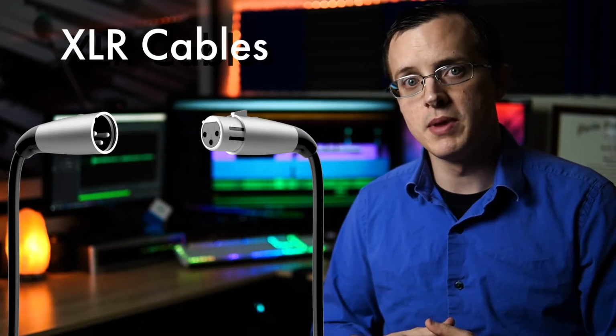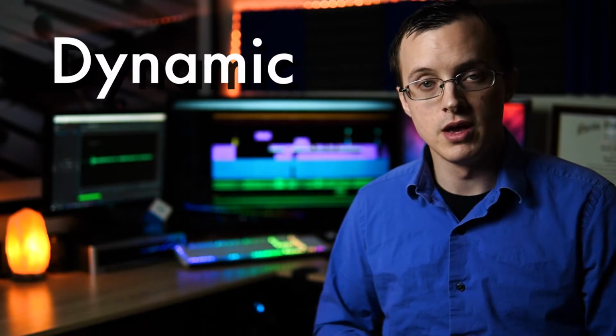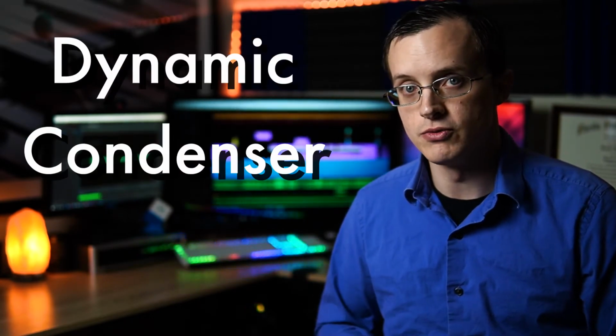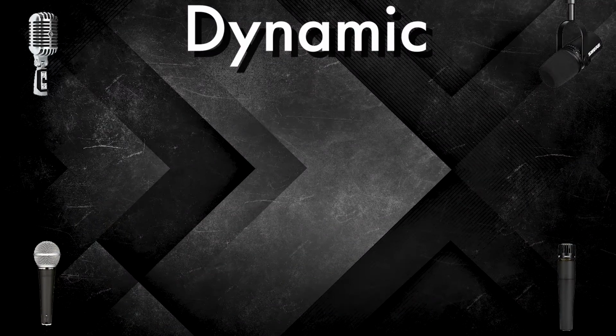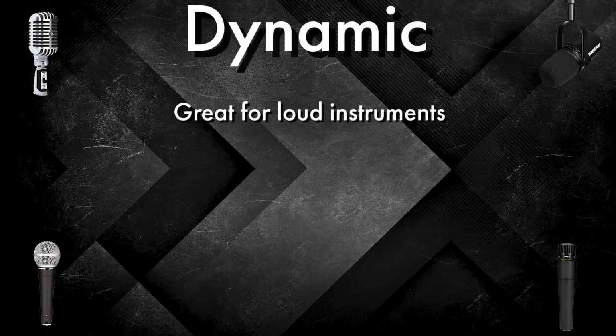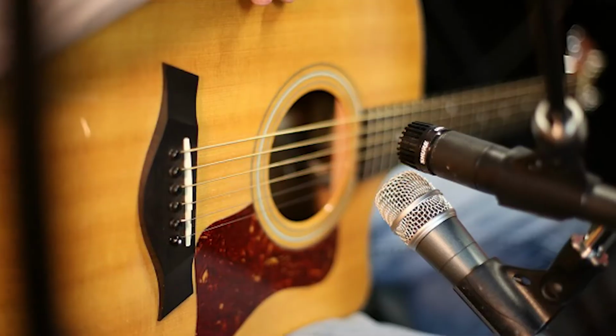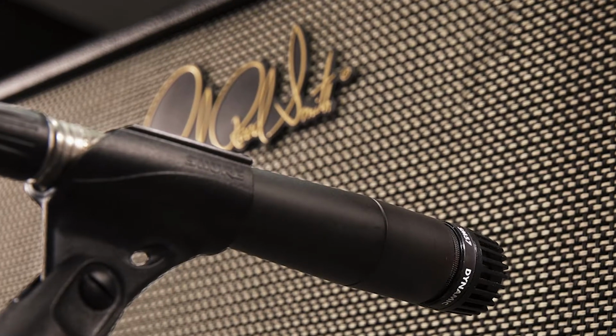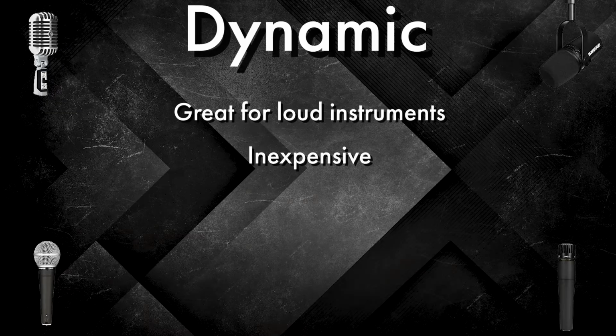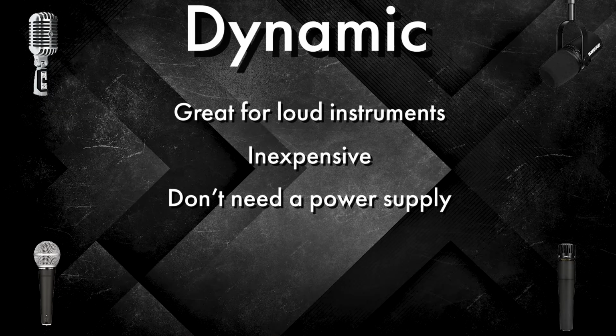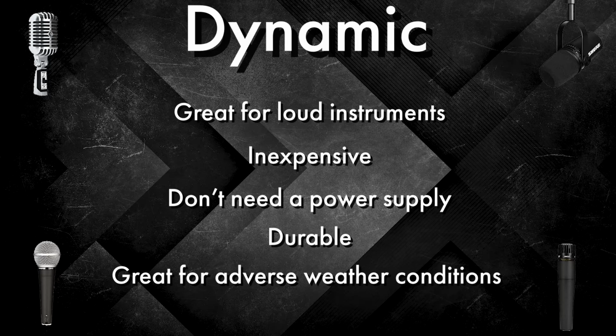Now, we'll talk more about these later, but for now, there are two basic types of microphones that you need to concern yourself with: dynamic microphones and condenser microphones. Dynamic microphones are great all-around microphones for louder instruments, such as drums, guitars, and amplifiers during live sound events. They're inexpensive, don't need a power supply, super durable, and handle heat and humidity well, making them great for outdoor